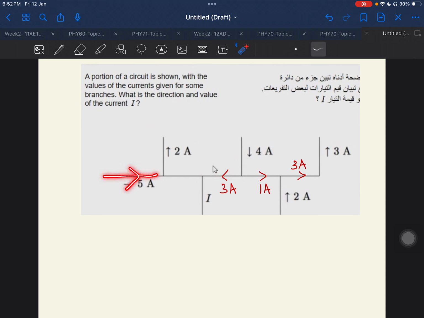Now let's look at this side. This is 5 ampere reaching the junction, out of which 2 ampere goes up. So 5 minus 2, what's left is 3. 3 ampere should be going to the right like this. So 5 ampere is reaching the junction, 2 goes up, 3 goes to the right. And now we look at this junction. 3 ampere from the left, 3 ampere from the right, they should join and we should get a current of 6 ampere for I. So that's how the current should be, 6 ampere going